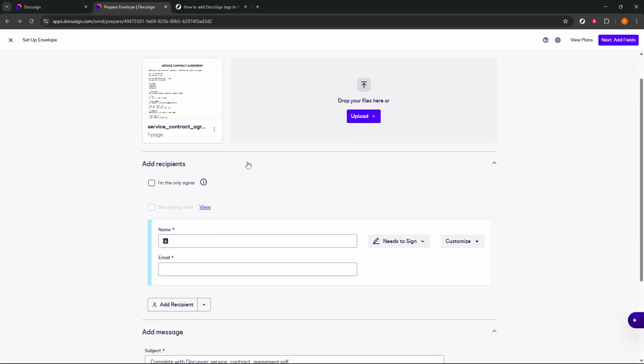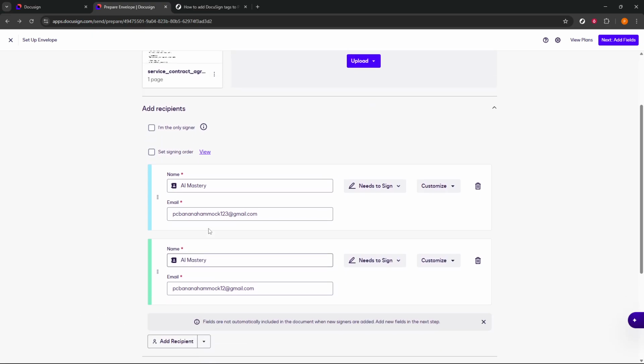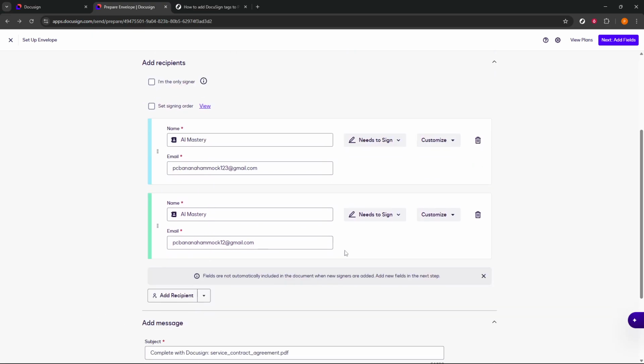Next, add the people who need to sign. Click Add Recipient and enter the signer's details. If you have multiple signers, add each person now and set their signing order if needed. Taking a moment here to confirm emails and names will prevent bounce-backs later. When your recipients look good, click